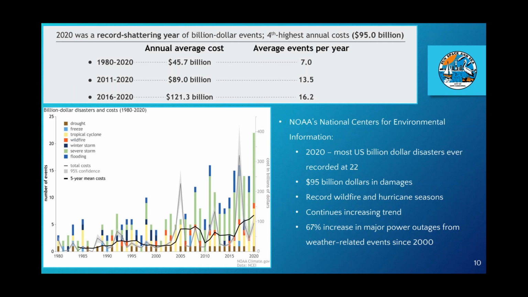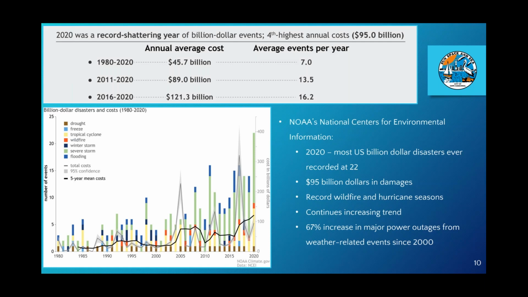You can see this increasing trend expressed in the chart at the top of the slide, with both the average cost and average number of billion-dollar weather and climate-related disasters increasing over the last 3 decades. Following this trend, simply put, entails that the city has an increasing likelihood of being affected by one such disaster as we move into this decade and beyond.